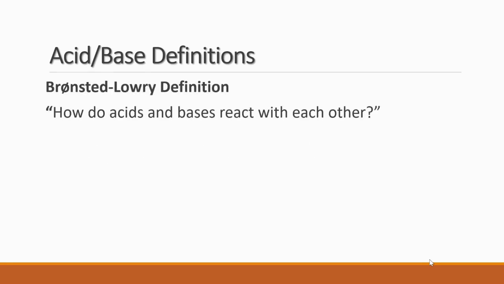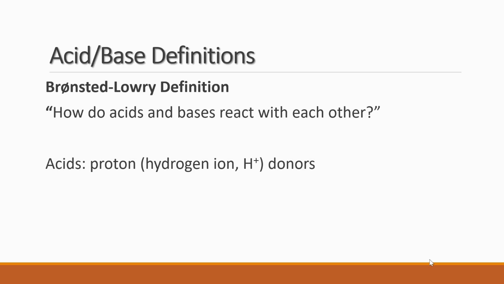The Bronsted-Lowry definition of acids and bases is based on how acids and bases react with one another. When you put an acid and a base together, acids will donate a proton. And just so you know, a proton is a hydrogen ion. Remember, hydrogen has one proton and one electron. So if a hydrogen atom loses an electron, it becomes a hydrogen ion, and all that's left is a proton. So you'll see the word proton and hydrogen ion and H positive all interchangeable as we go through the acid-base